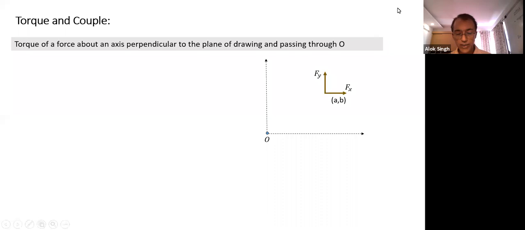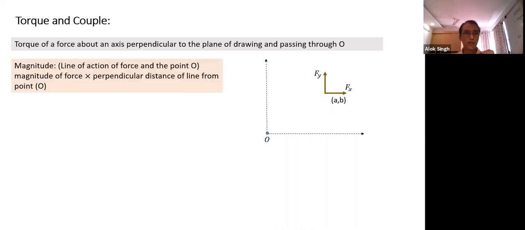There are two ways of finding torque. One is r cross F, where both are given in vector form, but for these simpler cases we don't use r cross F. We use force multiplied by lever arm. If you recall that, that's what we are going to do. I'll revise that part because in the case of a dipole also, the concept of torque and couple will come. So we calculate torque in terms of magnitude and direction separately.